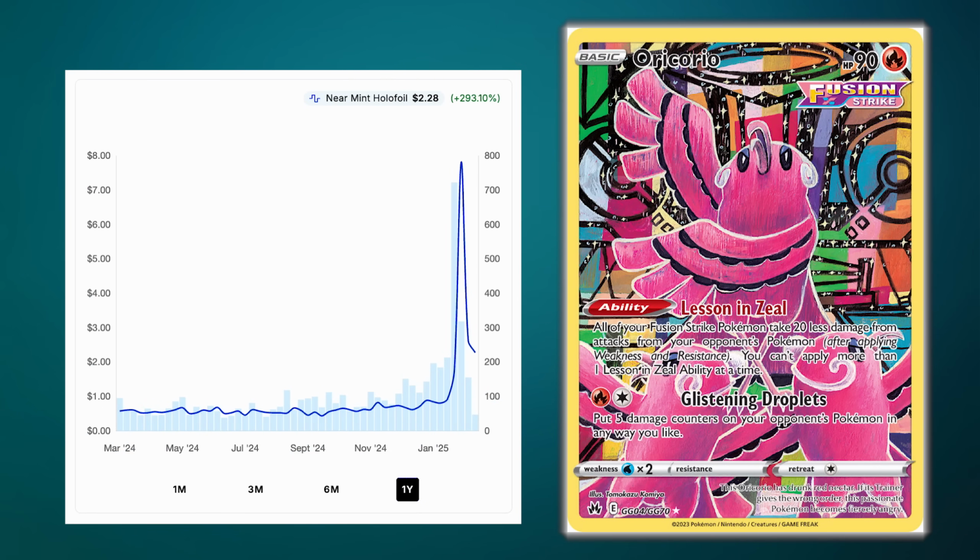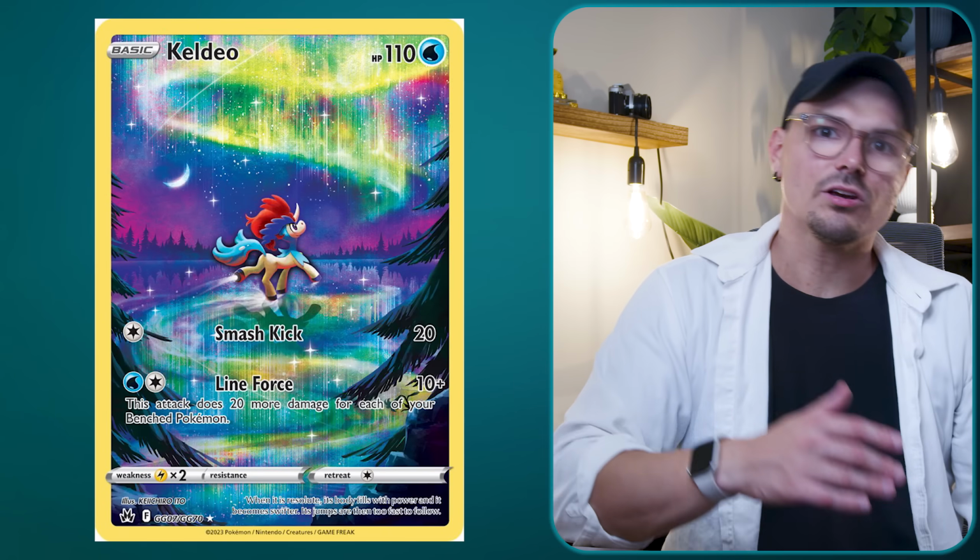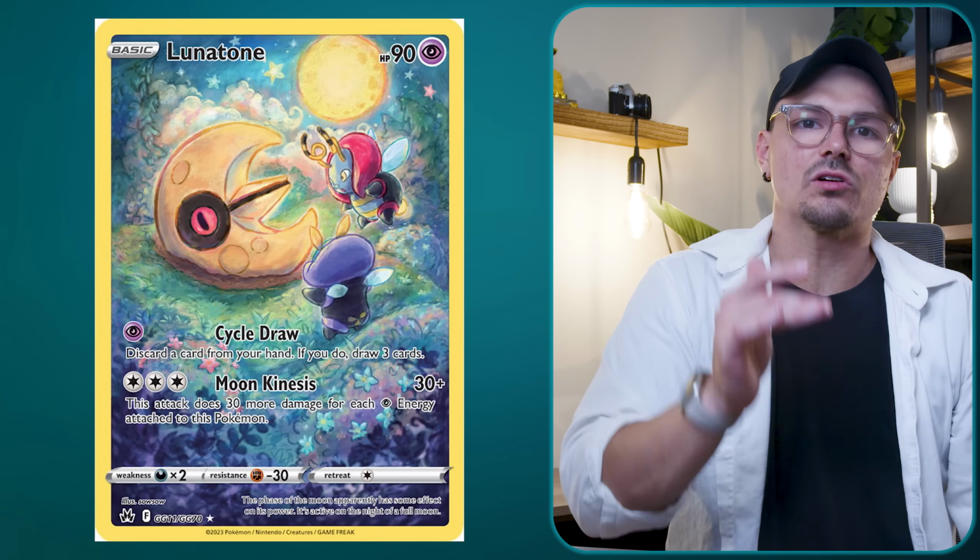And I actually feel Galarian Gallery cards from Crown Zenith are definitely cards to keep an eye out on. Now obviously with the recent reprint news, we know we're getting more Scarlet and Violet sets coming, but I'd say Crown Zenith is very likely to be at the end of its journey. So cards like the Keldeo and Lunatone all have room for growth as they are super low priced at the moment. Yes, they are super easy to pull, but with so many more people entering, they may become more scarce